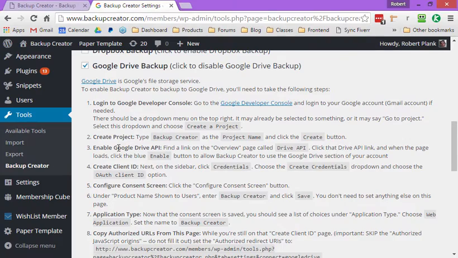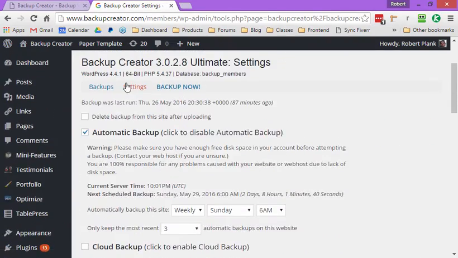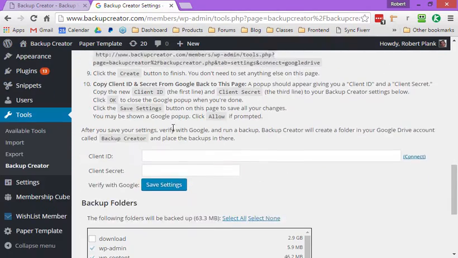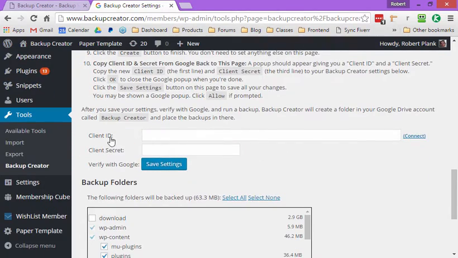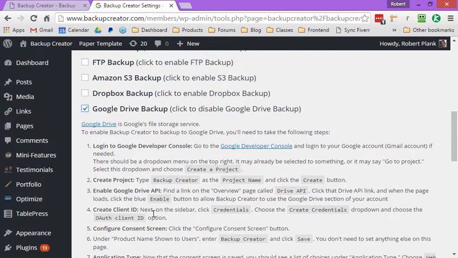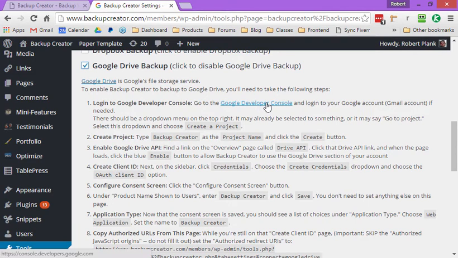So we're here in our Backup Creator tab, and once again, Settings, then Google Drive Backup. And right now, at the bottom here, what we're building towards is we want to have something filled into this client ID and this client secret. Right now they're blank. So if you don't see all this stuff, what you have to do is go to Google Drive, check this box, all this appears. Google Developer Console. Click on that,